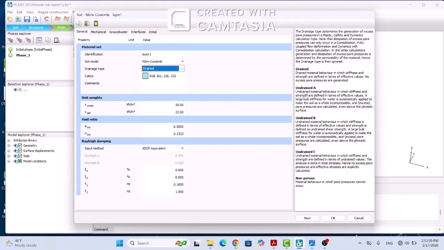If we use undrained B, we must use effective parameters for stiffness and total parameters for strength. And if we use undrained C, we must use total parameters for both stiffness and strength. So we choose undrained A, and